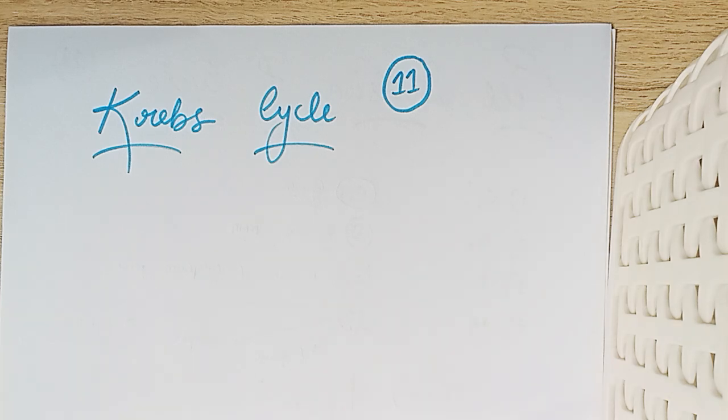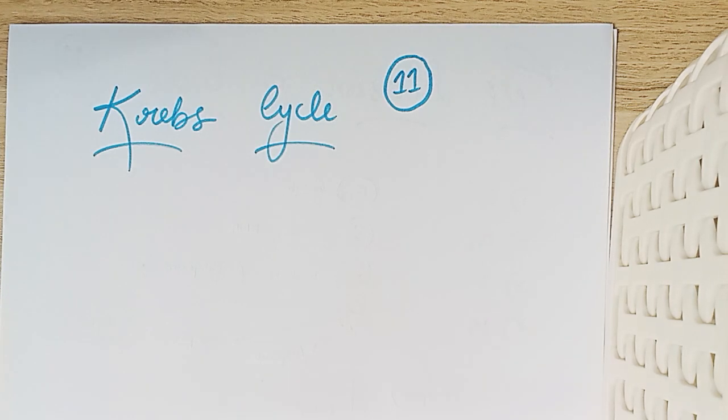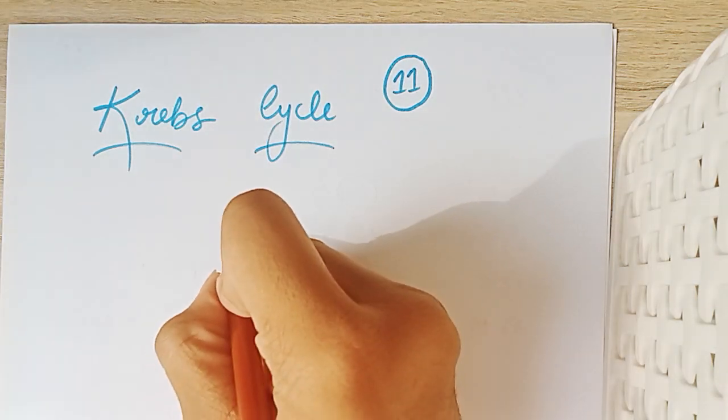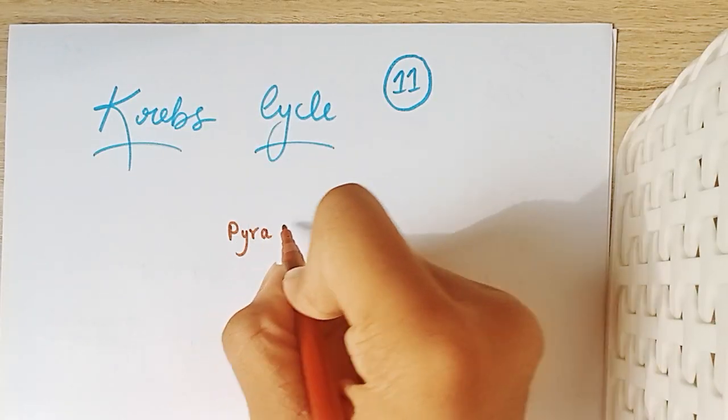The Krebs cycle from grade 11. The Krebs cycle comprises mainly 7 steps, and it is also called the citric acid cycle or the tricarboxylic acid cycle. Firstly, the pyruvate formed by glycolysis, that is a 3-carbon compound,